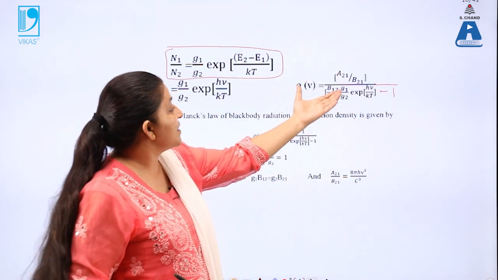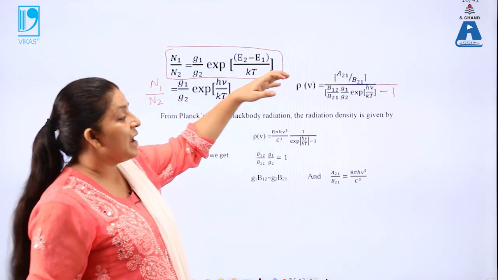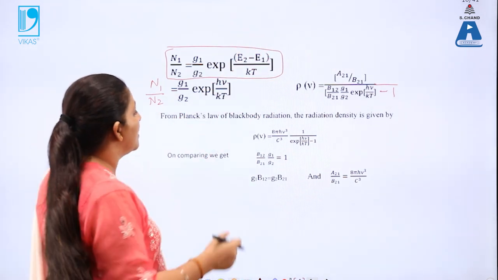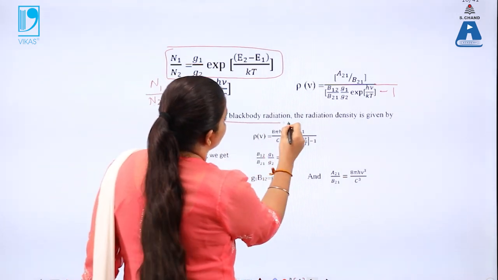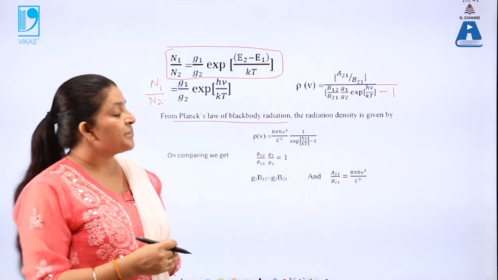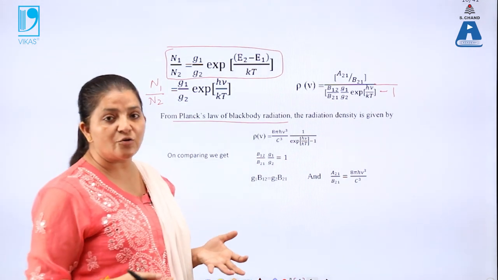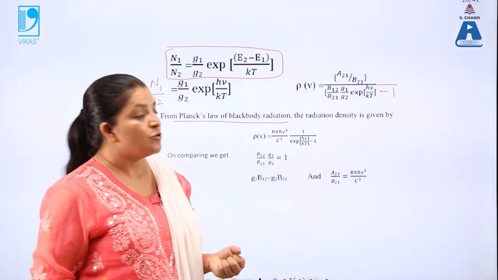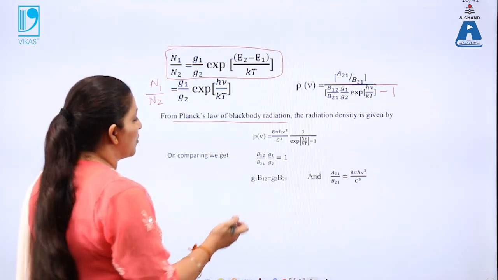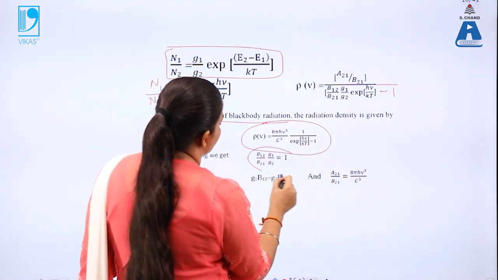What is rho over here? That is the photon density, the photons which are required for the movement of atoms from the ground state to the excited state or from the excited state to the ground state. Again, apply Planck's theory of radiation, because in the starting we understood that atoms are transferred from the ground state to the excited state by absorbing photons, and photons are quanta of radiation. So these quanta of radiation can be compared with Planck's theory of radiation, according to which this nu is written like this. On comparing these two, we will get this coefficient equal to 1.